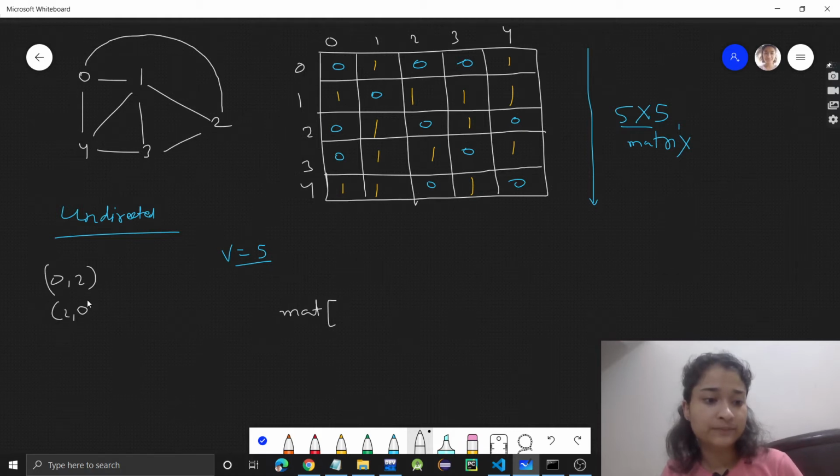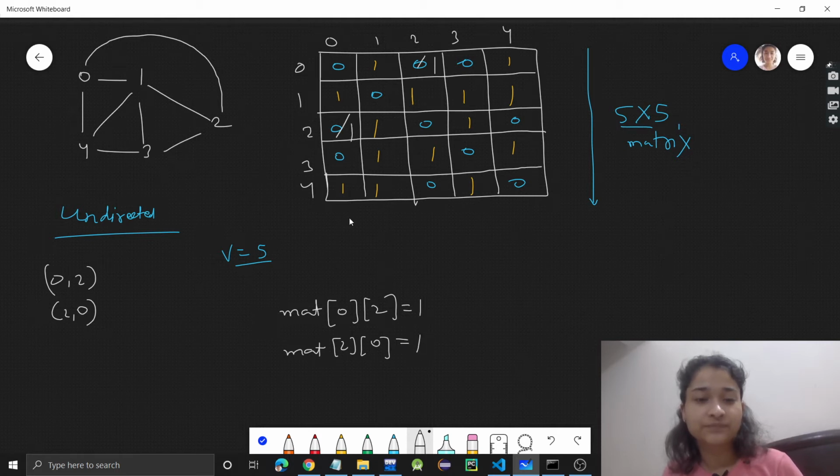So in the matrix, at 0 2, right now it's 0, which means there was no edge, but now since there is an edge, I will change it to 1. Similarly, for matrix 2 comma 0, it's 0 initially, and now I will change it to 1. In this way I am adding a new edge.